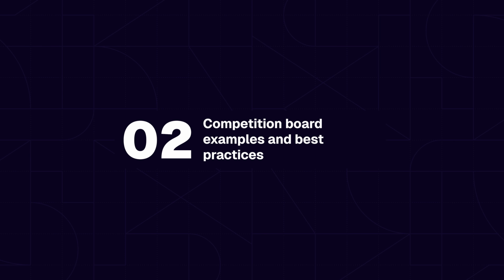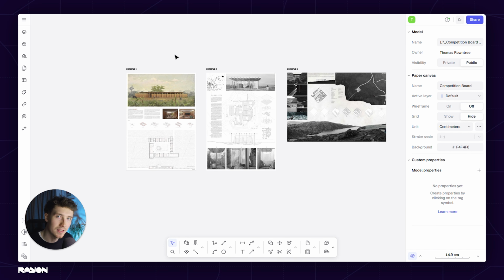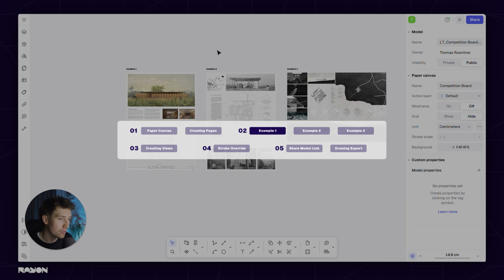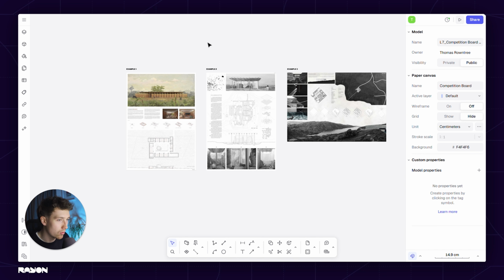So to talk through some strategies and tactics that I think are really important when building your competition boards, I've picked out 3 examples here, which I think some of them work really well in one way and some work really well in another way. These are 3 examples of different approaches and strategies you can adopt as part of building your competition